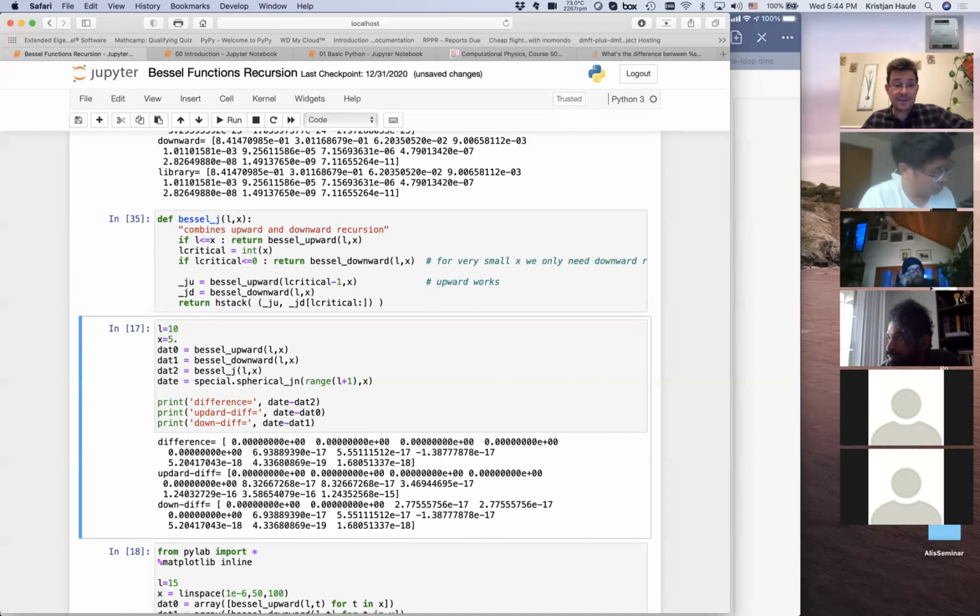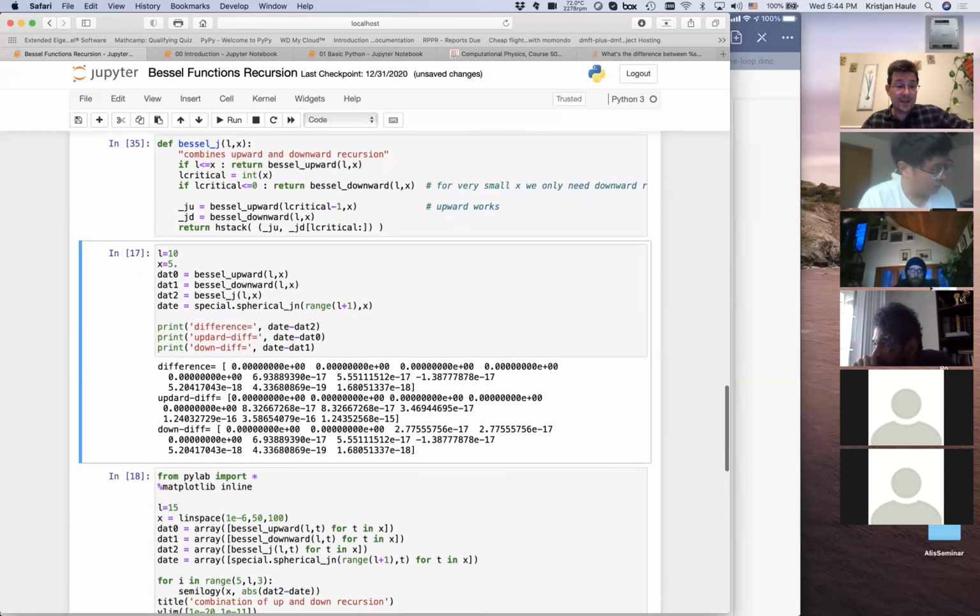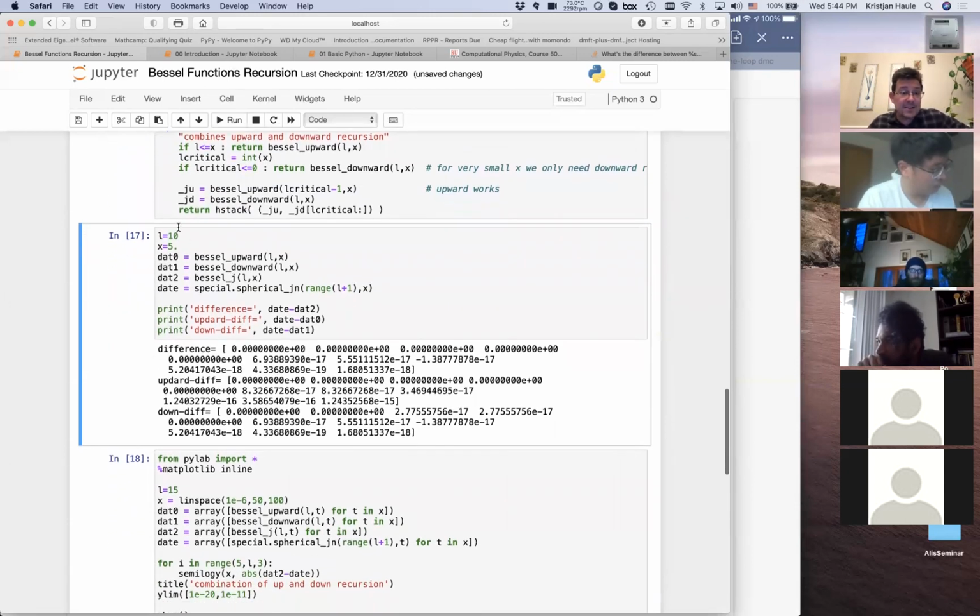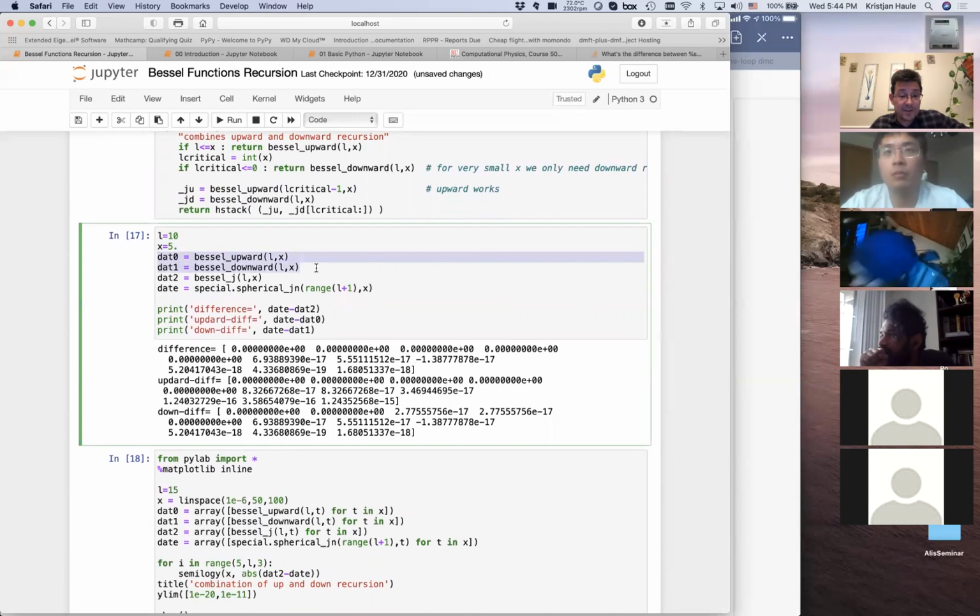Okay, so this creates the combination of relation Basal function for upper and downward recursion. And now we're going to test this. So let's say that L is 10, X is 5. We calculate upward recursion, downward recursion, then calculate the combination of the two, and then finally from the Basal functions